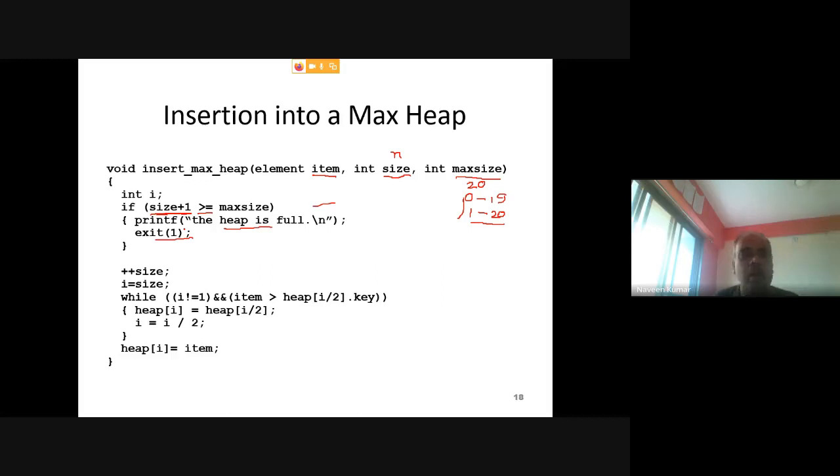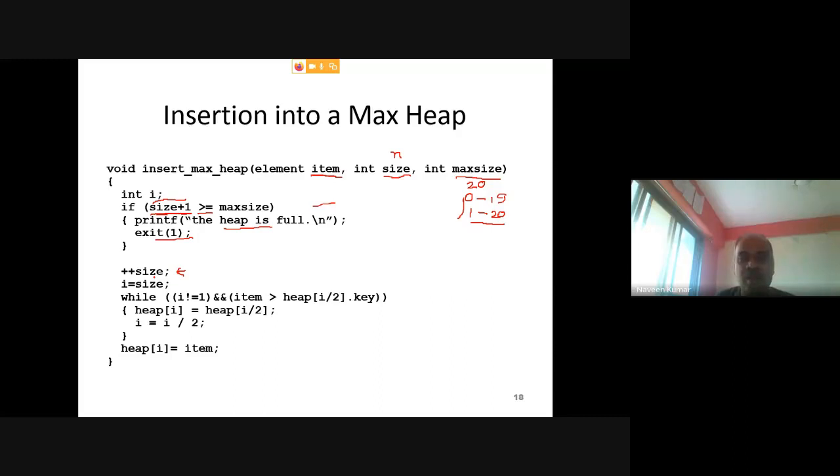So assume that an empty cell is there, meaning size plus 1 space is available in the array. Then what you need to do? You need to first increment the size, because the working or possible slot for storing this item will be size plus 1.